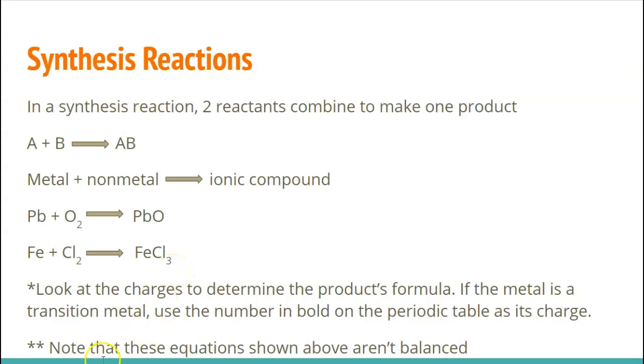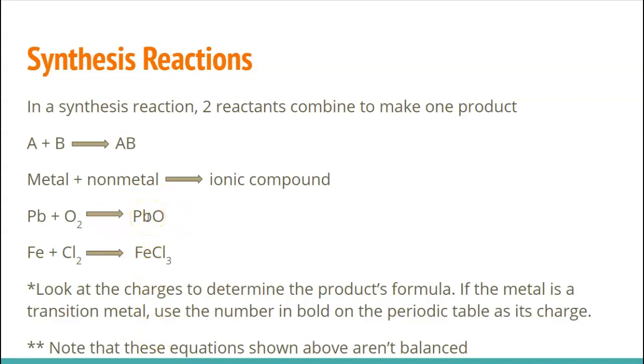One thing to notice is that these little numbers right here, these are diatomic elements, right? So that's why there's a little 2 there. And when we're going to write the formula here, we're balancing charges. So again, we would be looking at our periodic table, figuring out if it's one of those transition elements, if it can have more than one charge or not. So lead, it can be +4 or +2. Well, how do I know which kind it is? The +2 is in bold, so I'm going to assume this is the +2 kind, which means this lead has a charge of +2. This oxygen has a charge of -2, which is why they go together 1 to 1